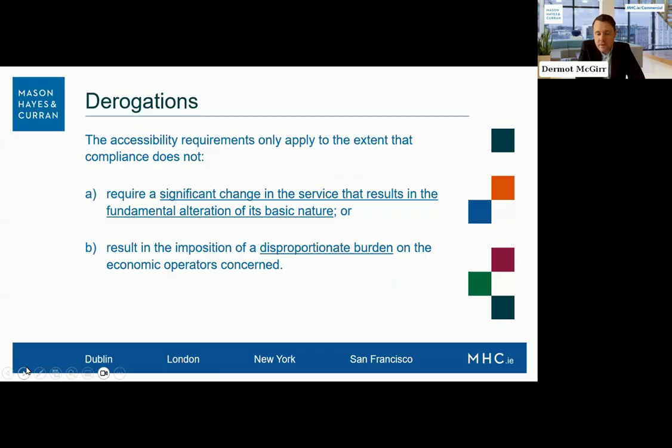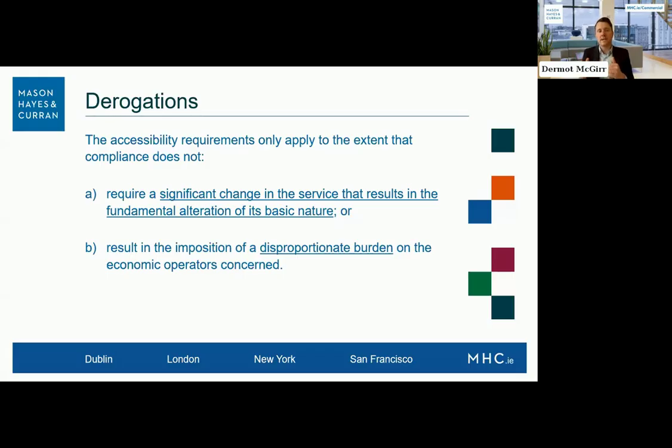So yeah, the derogations. Again, these are things that people can rely on. So you don't have to meet an accessibility requirement, as I put in the slide there, to the extent that you can rely on one of these derogations. In practice, I haven't seen many clients get into the weeds on them yet. I think there's probably two reasons for that. One is the timing. I think that'll change in the next 3 months, because people will get down to the nub of things and realize there's some stuff we just can't do here, and they'll start looking at the derogations. So there's the timing piece.